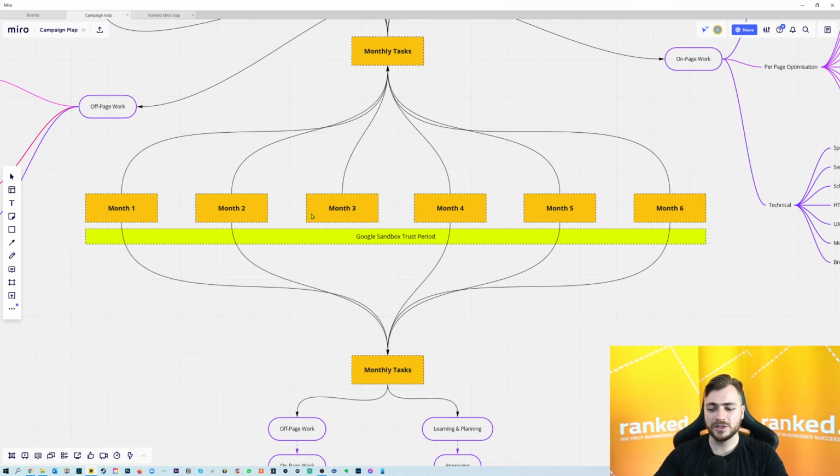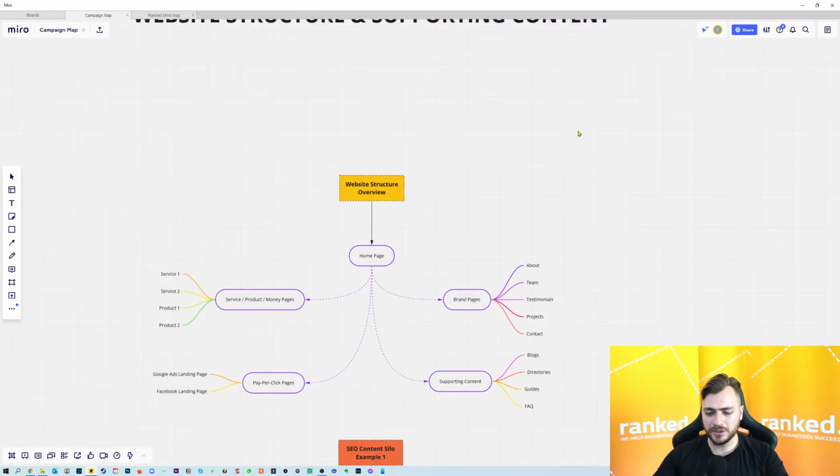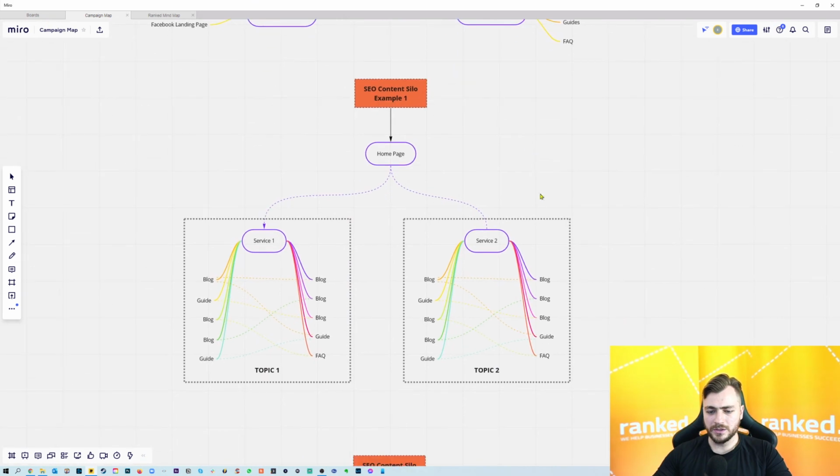The sandbox is essentially a trust period because there are so many dodgy websites going up. There's the gambling niche, there's the pharmaceutical niche. A lot of people are trying to game the algorithm to make money. So they've created this sandbox period, a trust period. So how we break through that trust period is